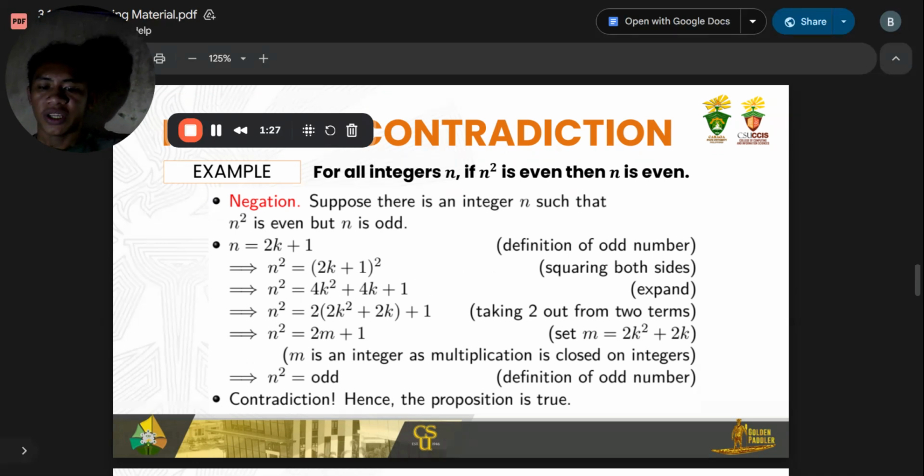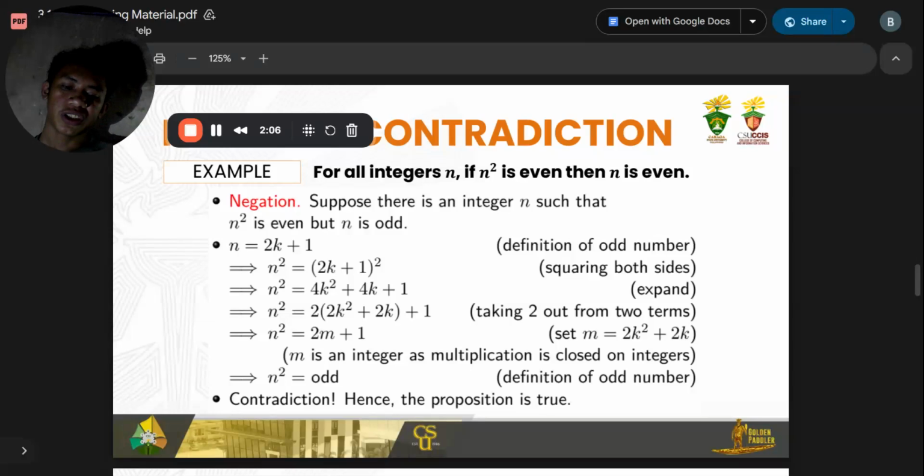Statement to prove: if n is an integer and 3n plus 2 is odd, then n is odd. Identify P and Q. Let P be: n is an integer such that 3n plus 2 is odd, and Q be: n is odd. We want to prove if P then Q. Then switch to the contrapositive. The contrapositive of if P then Q is if not Q then not P. So we prove: if n is not odd, then 3n plus 2 is also not odd.